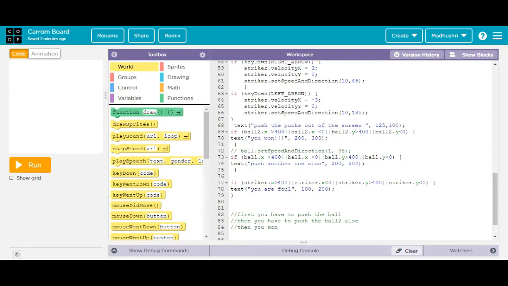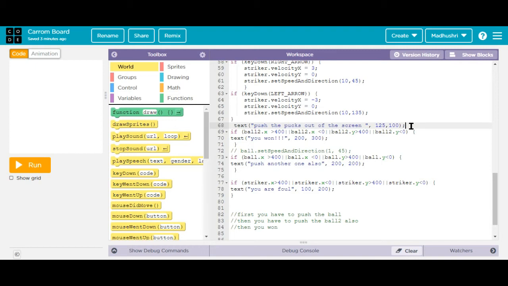Next one, for the text. This will be a little difficult, not that difficult, just one pinch difficult only. So the text, push the pucks out of the screen, you can see, and you will ask what is this number, right? These numbers are in which position, x and y.